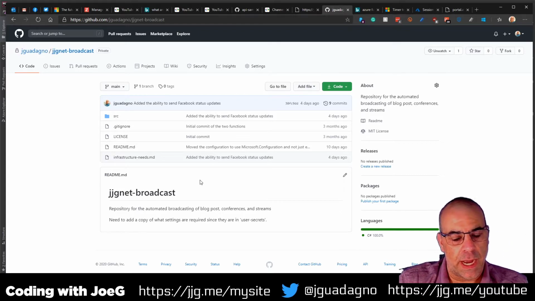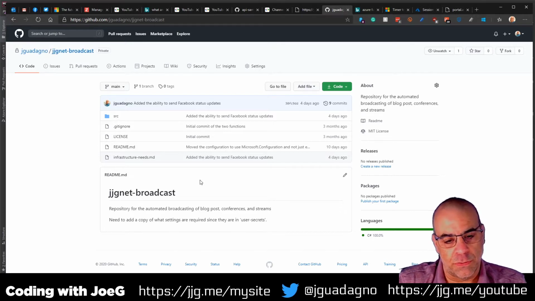So the idea behind it is they'll have these things that I call collectors. Collectors will go out and get data. And the data points right now are RSS feeds. So it'll look at, in this case, my blog and check to see if there's a new blog post. If there is, it'll forward it off to the posters, which I actually didn't even come up with the name for until now.